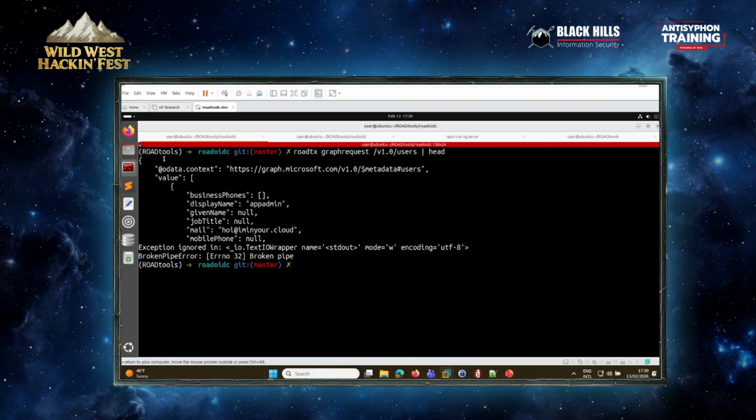So now we've basically made our way to global admin in 3 different ways, 0 of which were visible in the old ROADrecon, and all 3 of them should be visible in the new ROADrecon, which is, I think, kind of nice and a bit overdue.